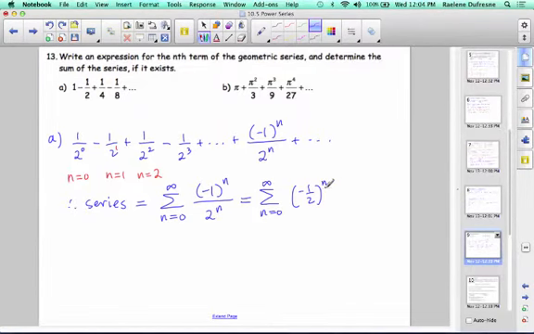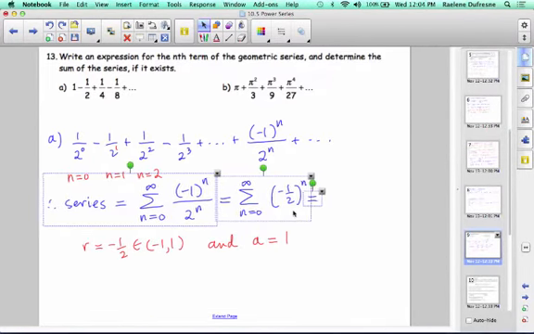And so we can see that we have an r value of -1/2, which is contained in the interval from -1 to +1. So we have a convergent series, and furthermore we have an a value of the very first term, which is 1. And so therefore the sum is equal to